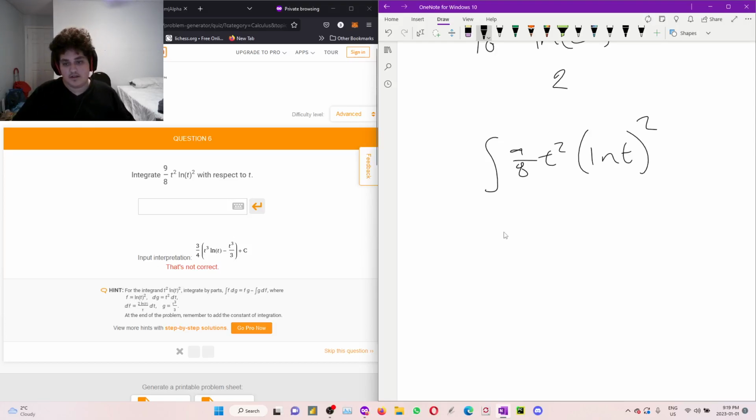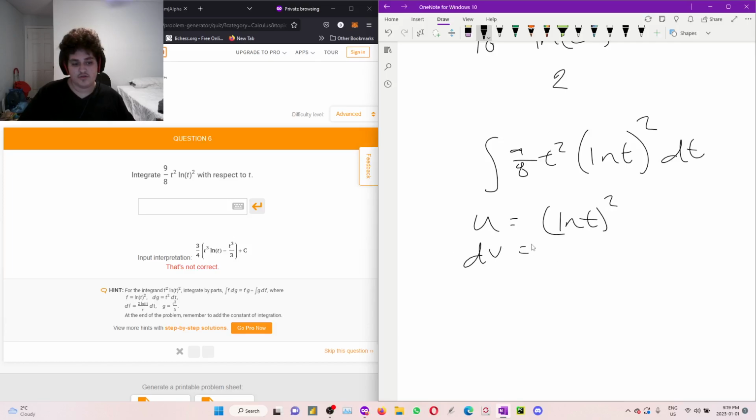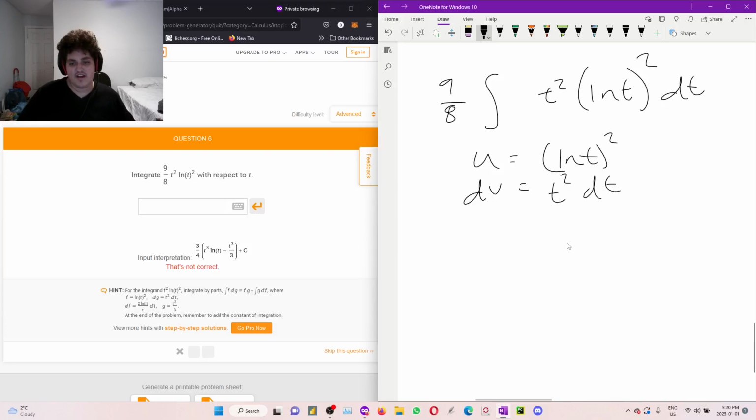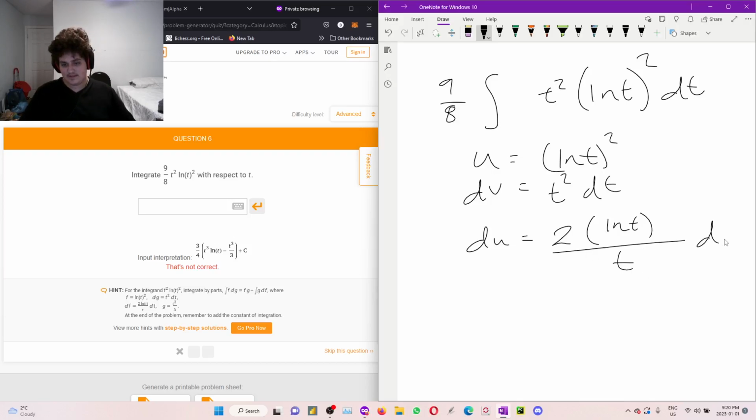We're going to make our u equal to ln of t squared, and we're going to make our dv equal to t squared dt, and we will just take the 9 over 8 out of the integral. So from here we have du equals 2 times ln t to the power of 1 times the derivative of this, which is 1 over t dt,